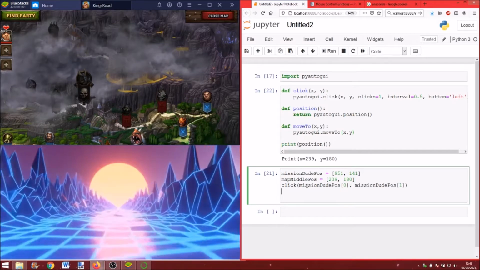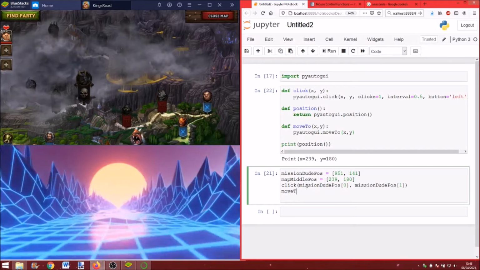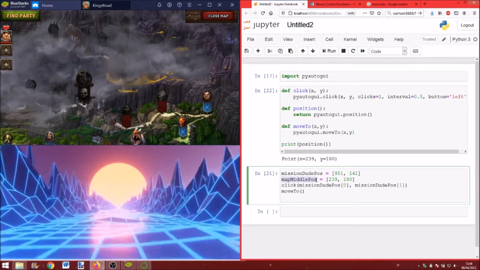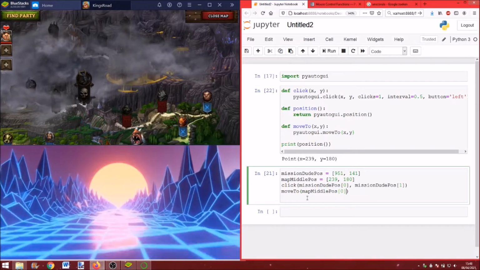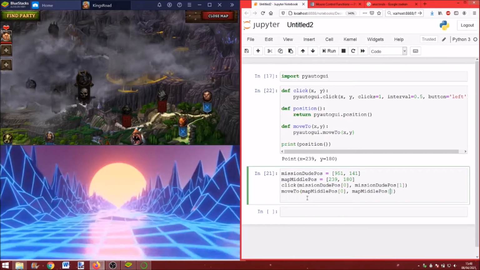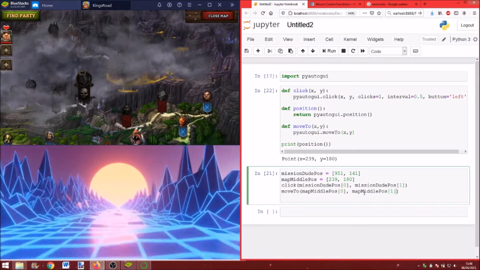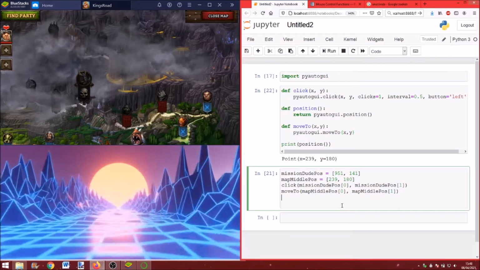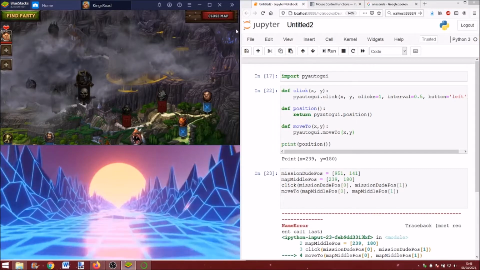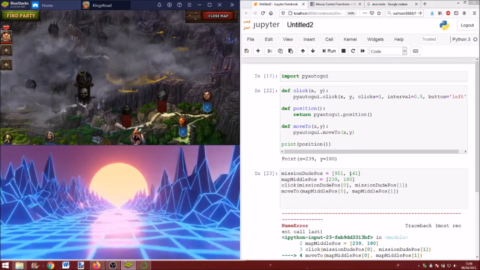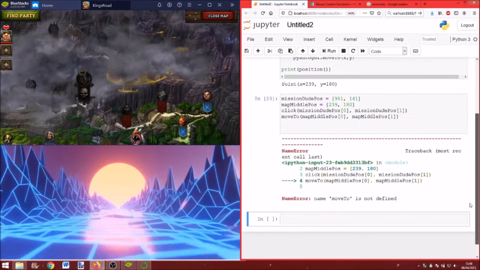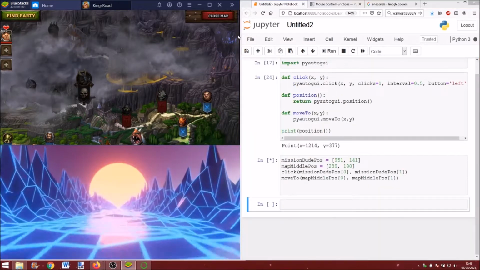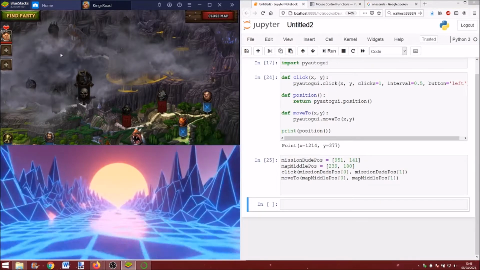So here I will move to the middle of the map position, like I explained before. Index 1, index 2. Should work. Testing it. Nope. I forget something. Name MoveTo is not defined. Oh, sorry. I still have to run this cell, otherwise it doesn't know it. Now my mouse moves to this,